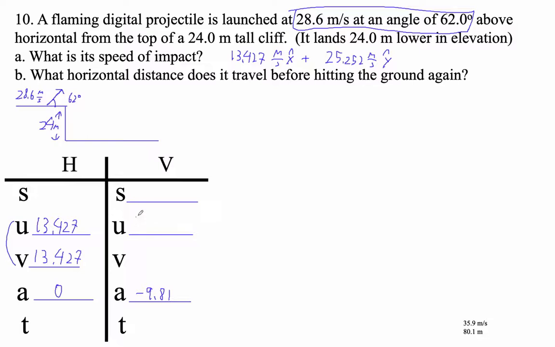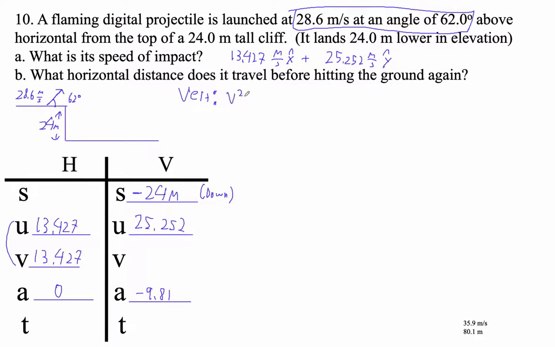It's the same velocity, right? This initially is 25.252. This will be something bigger than that, but down because it's going off a cliff, right? S is going to be down 24 meters. Right, so that's negative because it's down, right? Okay. And then to do this, I kind of just always do the same thing, right? So to solve for t would be quadratic. So I'm going to find the v first, right? So in the vertical direction,